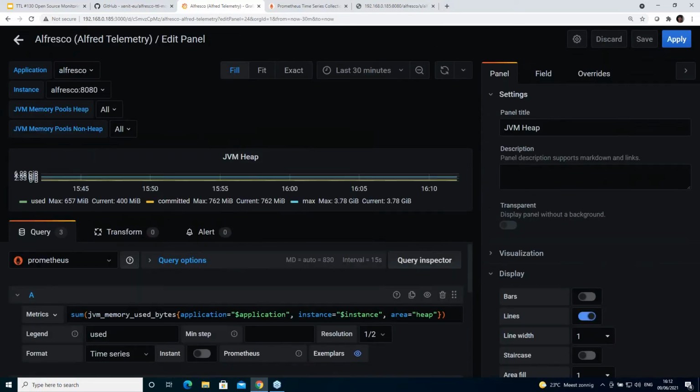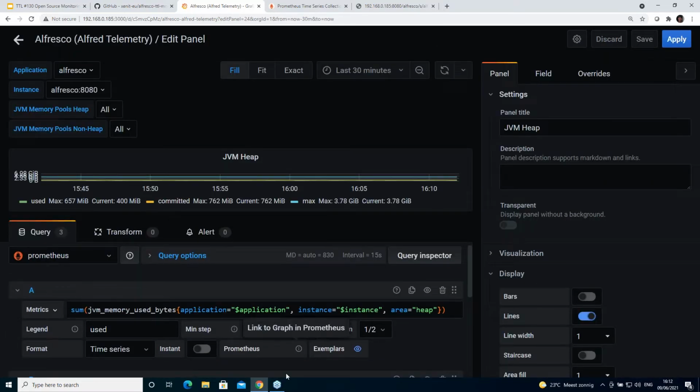If I go into the edit steps of this Grafana, I can see actually that it's using Prometheus as a data source, and Prometheus is already pre-configured. And you can see here what query it uses on Prometheus. It also has some placeholders for the application. It's Alfresco in this case, and the instance, which is the instance of Alfresco. If you are in a clustering mode, you can have multiple. And then that it's about heap memory. So if I take this,